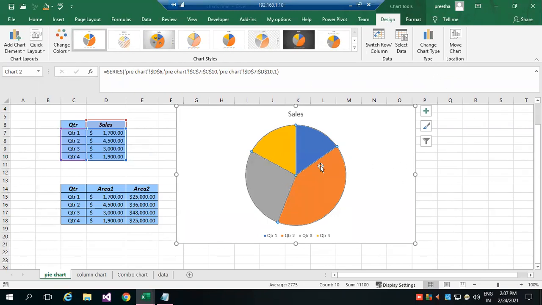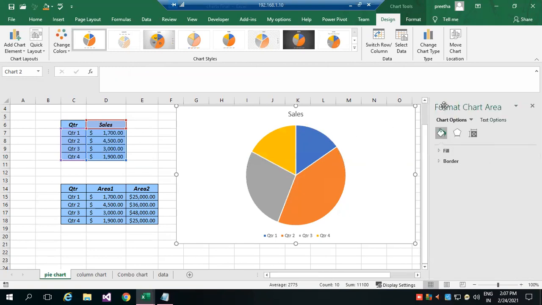Now I just double click on the chart. On the right side, you will get this pane, that is Format Chart Area, where you have all the options. You can change the color, the effects, the background color, the title color. I can give the legend. Which color is for the first quarter, second quarter? This is called legend. What I'm getting at the bottom is called legend, and where it should appear, you can decide. If you go here to the chart options, you have the chart area.